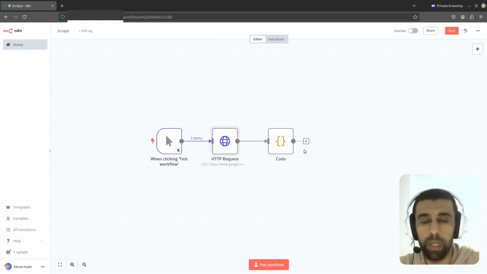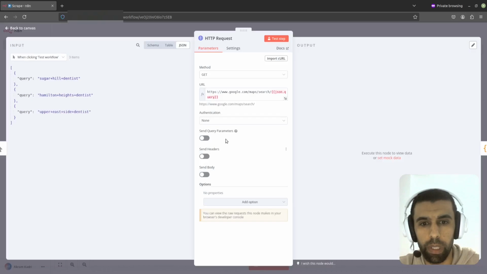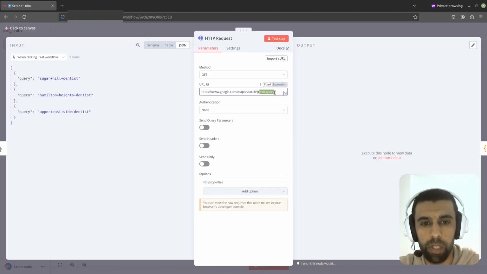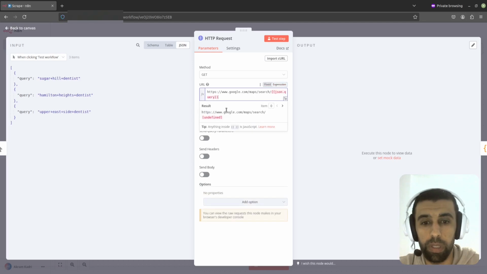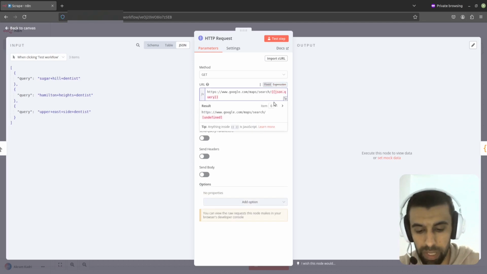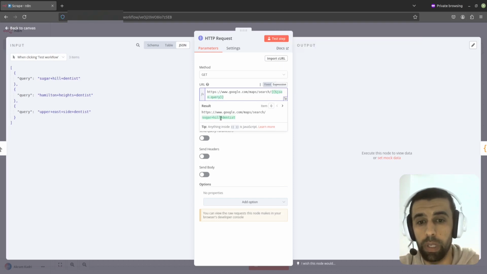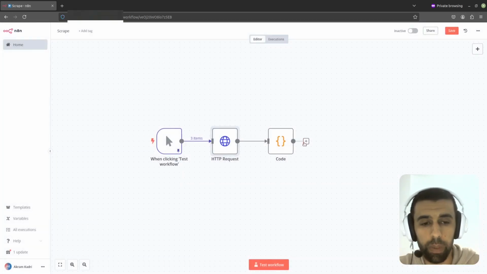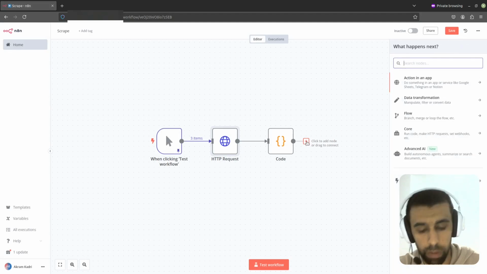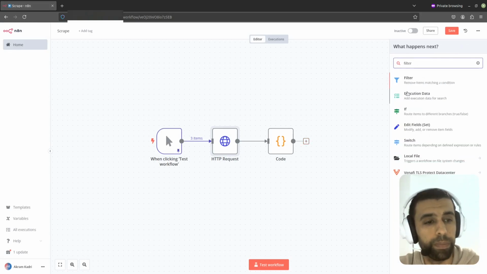Now I realized I made a mistake. So before we add a filter, let's first go back to the HTTP request here. You see that when I added this JSON query like this, if you click on expression, it is red and undefined. So it does not work. What we need to do is add a $ sign before the JSON word. And now it is green and it means it works and it's correct. So let's go back now here and add a filter node, clicking here, filter,